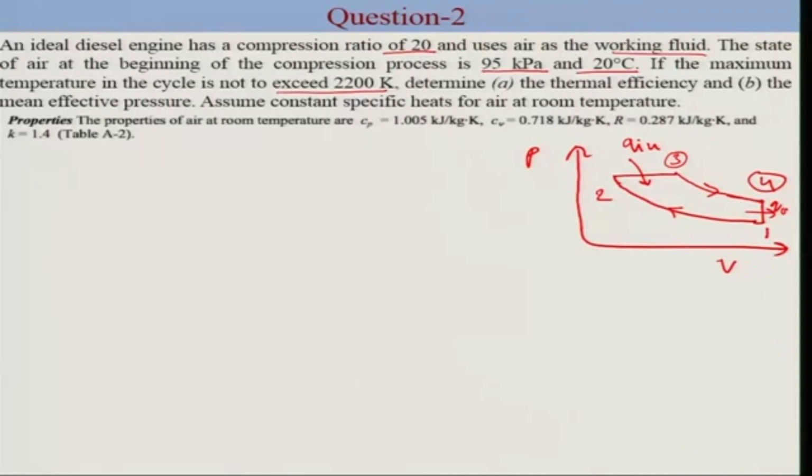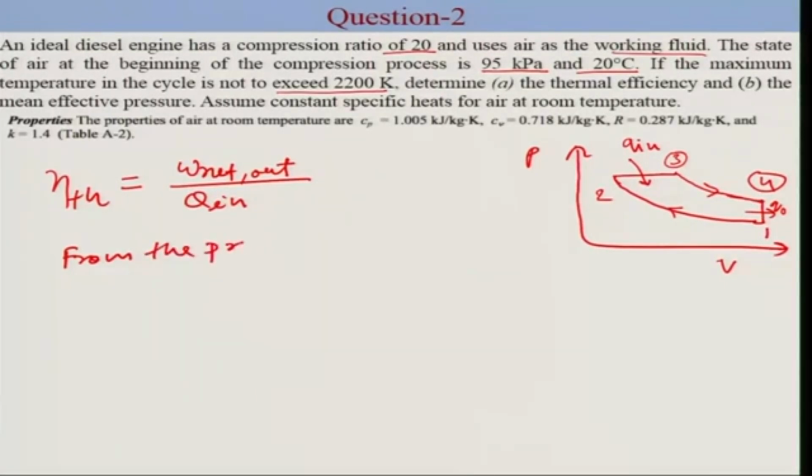Now we are asked to calculate thermal efficiency and mean effective pressure. So what is thermal efficiency? Thermal efficiency is the total work coming out of the cycle divided by the total heat going into the cycle. From the process 1 to 2, which is an isentropic compression,